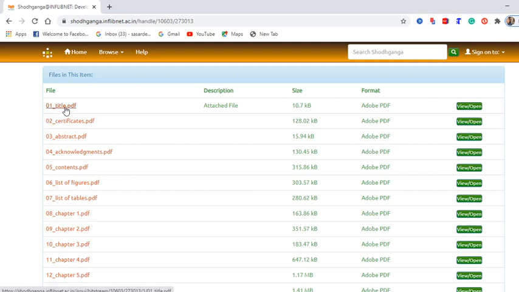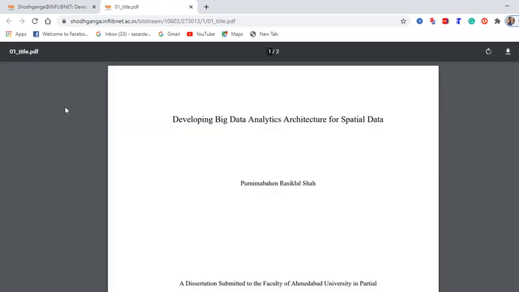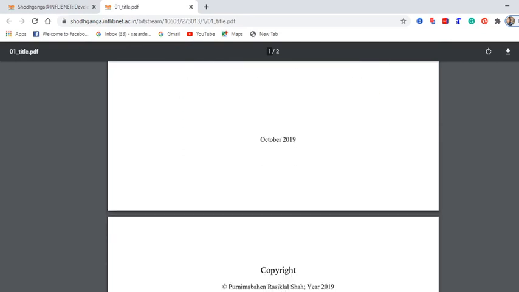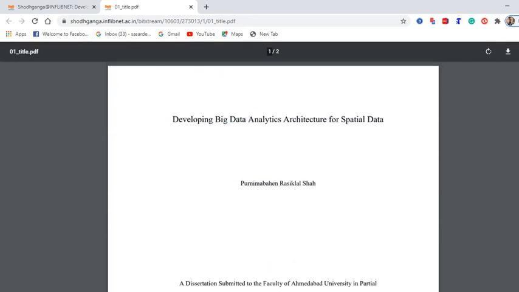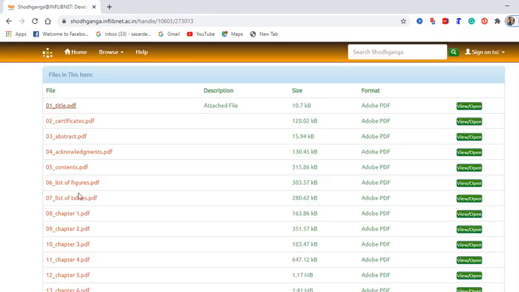Okay, suppose I want to see the title, then you will find only the title. This is the title page of this thesis. Copyright and all this information which is mentioned on the title page can be found here. Suppose you want to see the first chapter, then all pages will appear here.